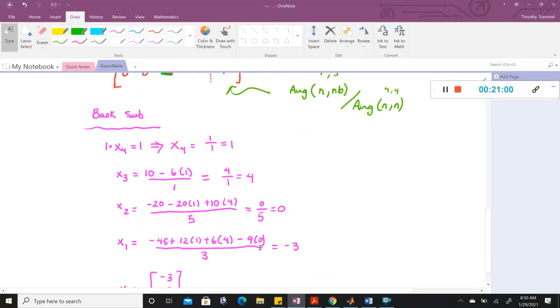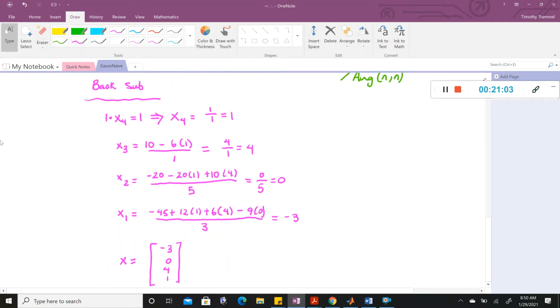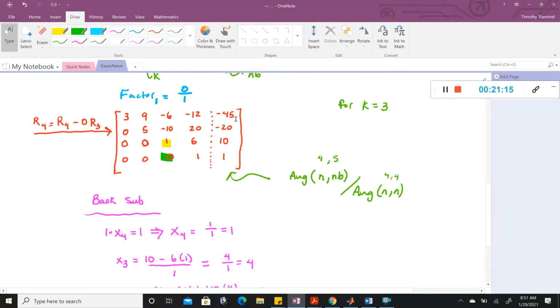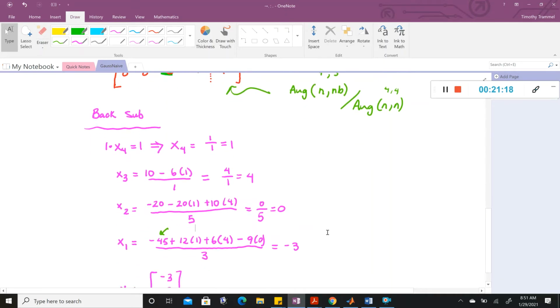Okay. So in all of these, let's see if we can think about them in a different way. I'm actually going to start off with this one. Let's see if we can find this 45 here, or minus 45. That's this top row here, right? So if we were to write that, we might write that as og of, and in this case, row 1, and that is column NB. And then we're going to subtract